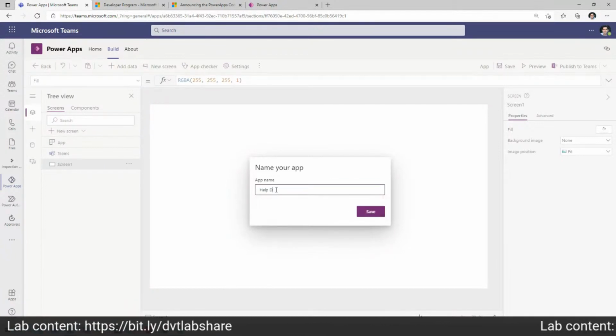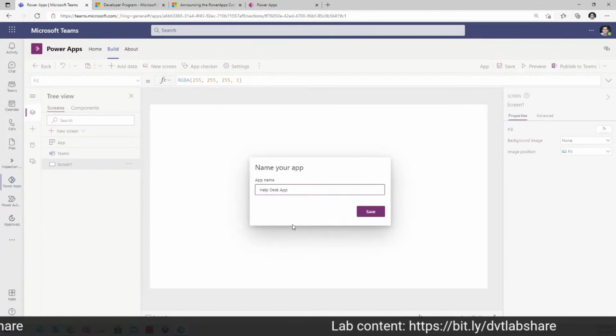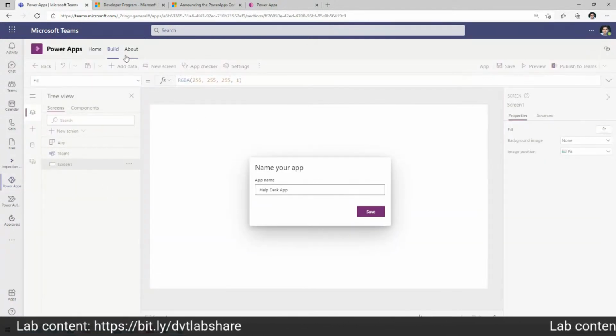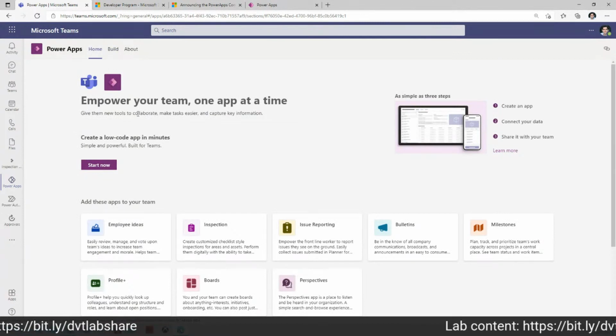So I'm going to call this my Help Desk app. I'm going to give my app a name and click save. Now for folks who go to Power Apps here and do not see this experience, you will probably be here